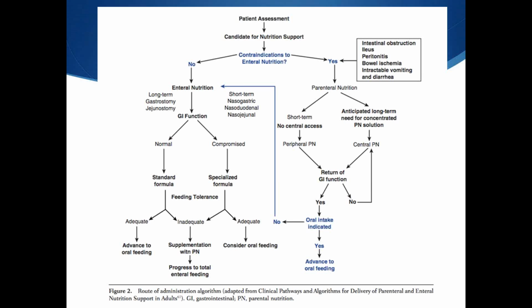And then if the GI function is normal, then we can just use a standard formula. I'll go over the types of formula later. And then if the patient is activated or if the patient is tolerating, then we should try oral feed. Our goal is always going to be to transition them to eat orally. If the patient's GI function is compromised, then we have some specialized formulas that we can use. But as soon as that resolves, then again, we should go back to standard formula and then hopefully lead them